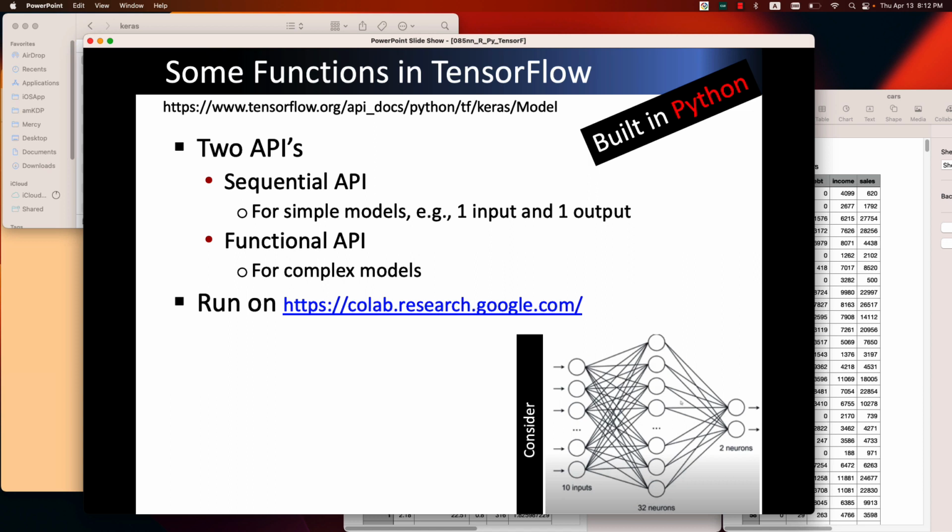Functional APIs are for a little more complex data models. We're going to use a simple data model in this tutorial, so the sequential API model is sufficient. To do that, we need to go to